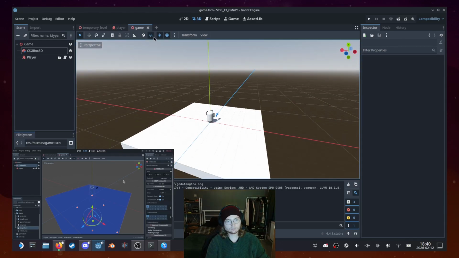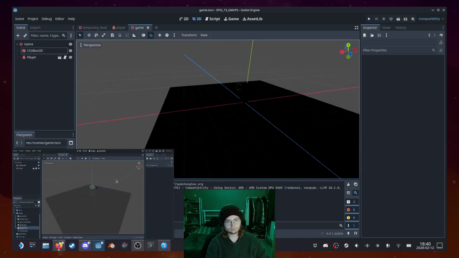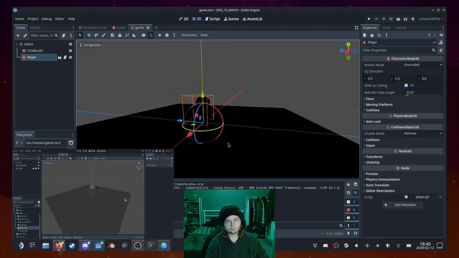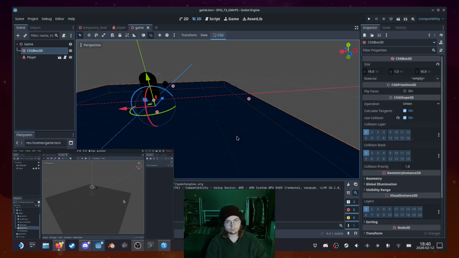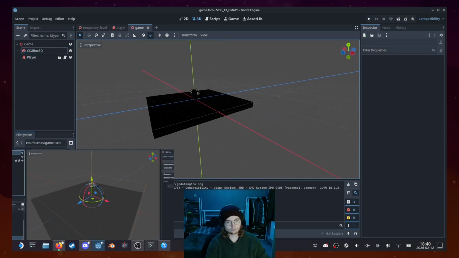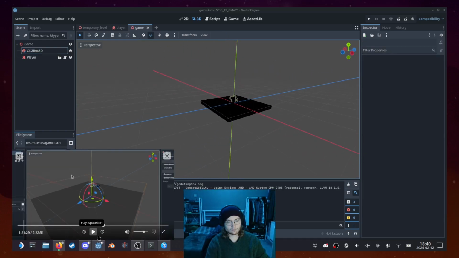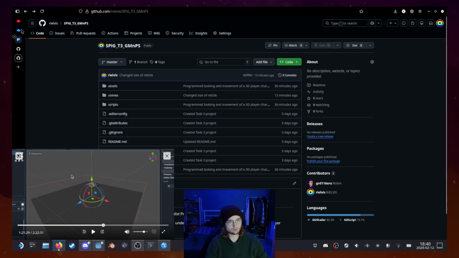Oh, by the way, the box is blue right now because it's selected in the editor, but unselected, you can see it's gray as in the running game. So, as a child of our game node, I'm gonna quickly check what